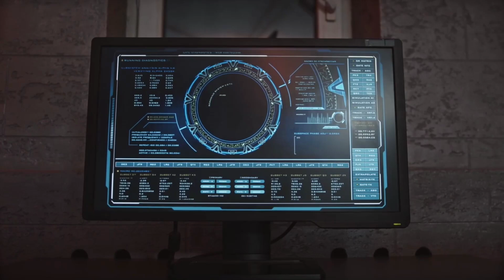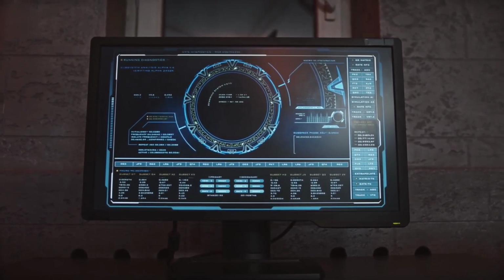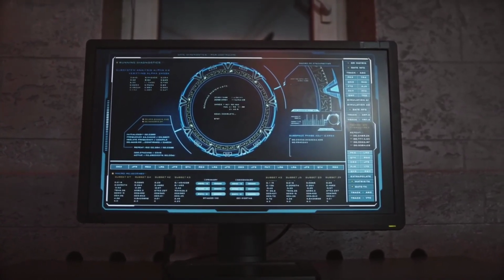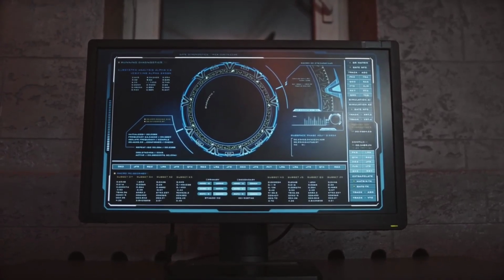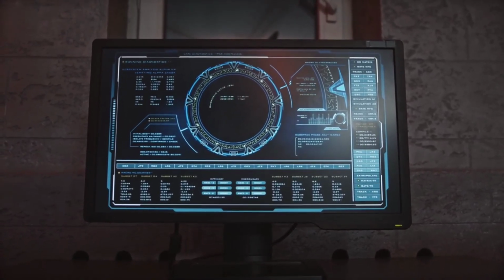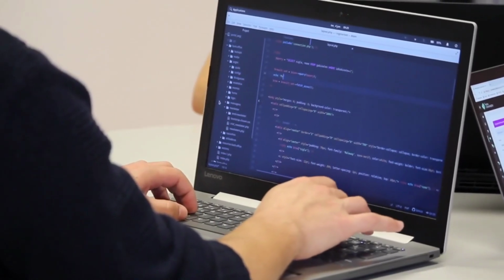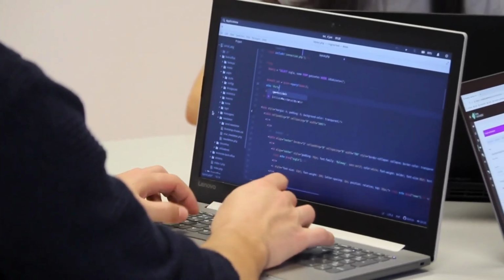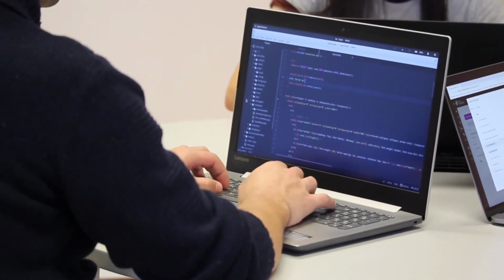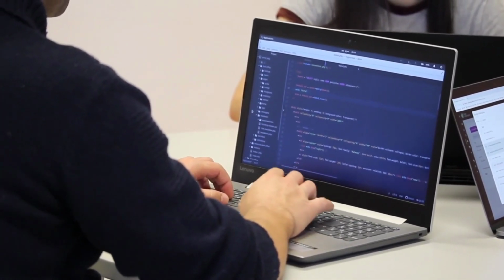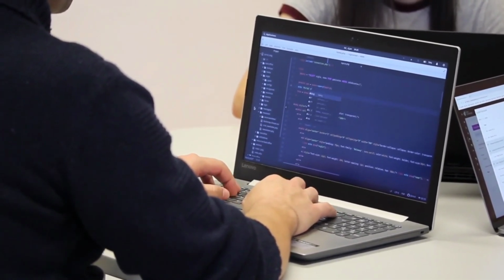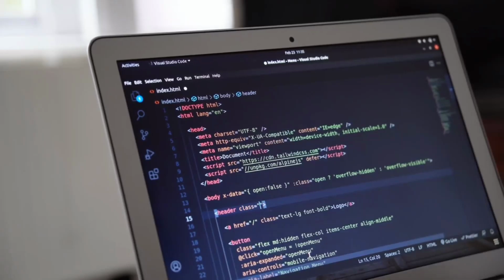The first step in resolving this issue is to ensure that your view engine is properly configured. Make sure you've set up EJS as your view engine and specified the correct path to your views directory. For example, if your views are located in a folder named views within your project root, your configuration might look something like this. The next thing to check is that your template file exists in the correct location and has